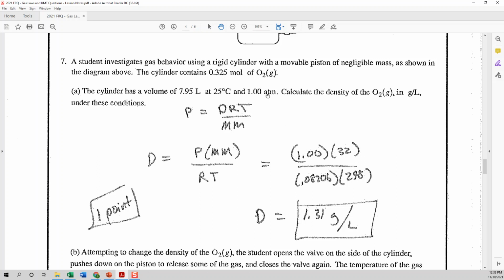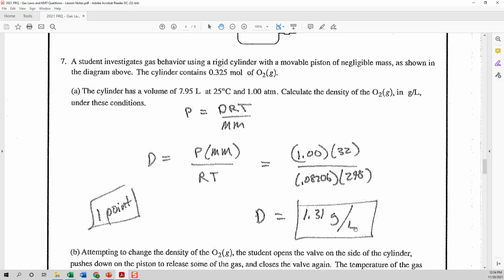If that was millimeters of mercury or torr, we would use the 62.36 value for R. But because it's atmospheres, we're using 0.08206, and our temperature was 298. When you use this equation, the density units are grams per liter, and boom,